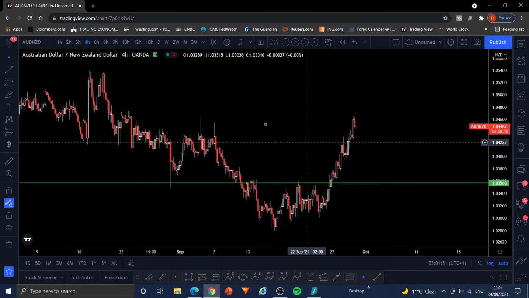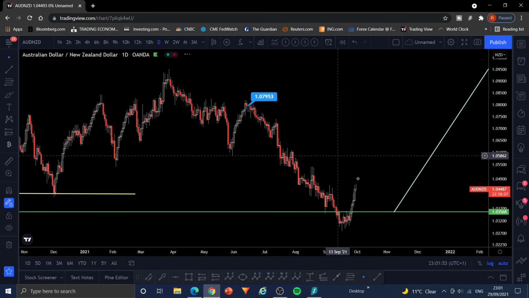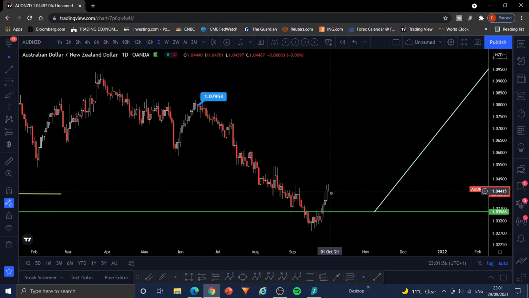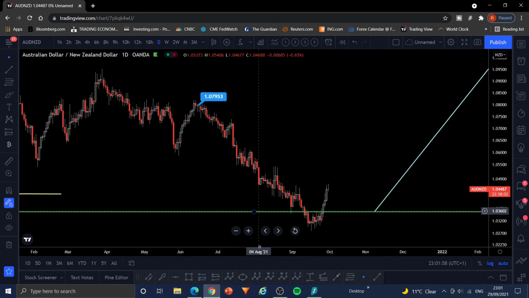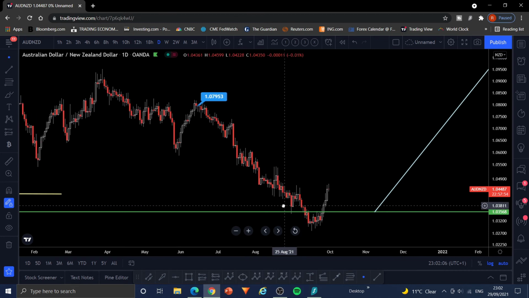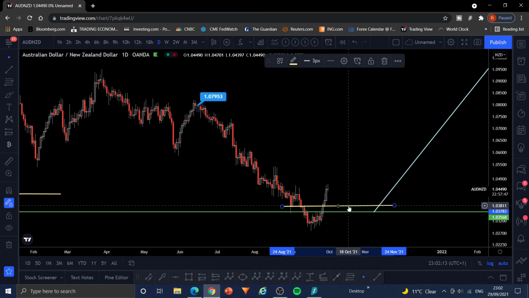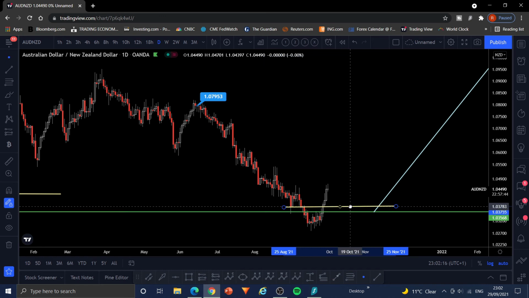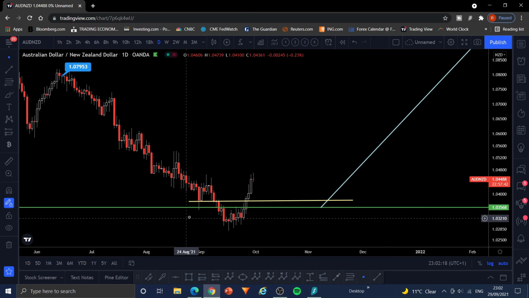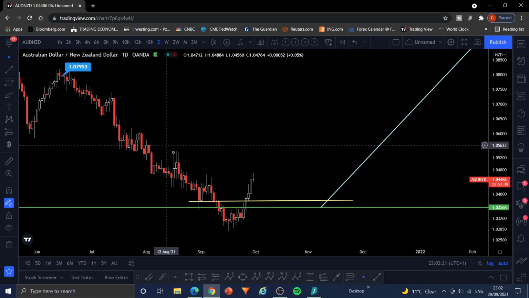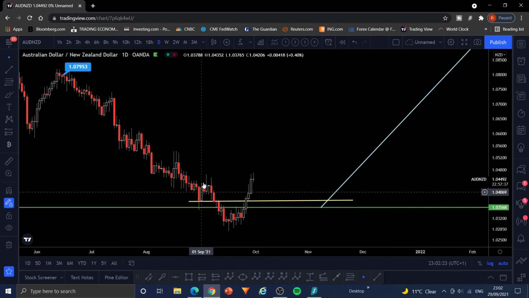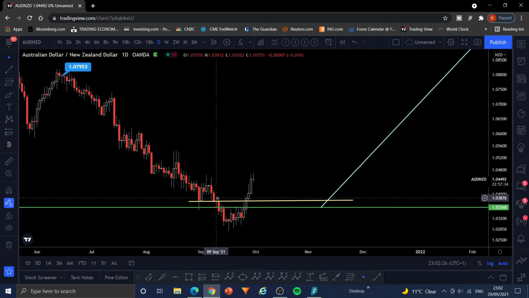At this moment in time, I can't see any suitable levels which really excite me. Maybe just in here. Let me just get my tool here. Maybe just along this level here. There's a little sort of shoulder. If I can grab this, there's a little sort of a shoulder just along there. Let me just pull that down. Okay, and let me just fatten that up. So if you just look here, there's a level where price came down in, took a bounce, came back down, settled again, and broke through finally.